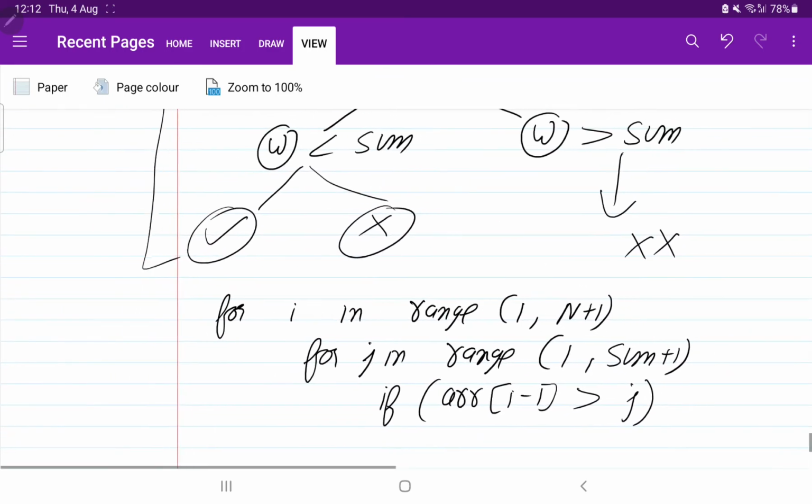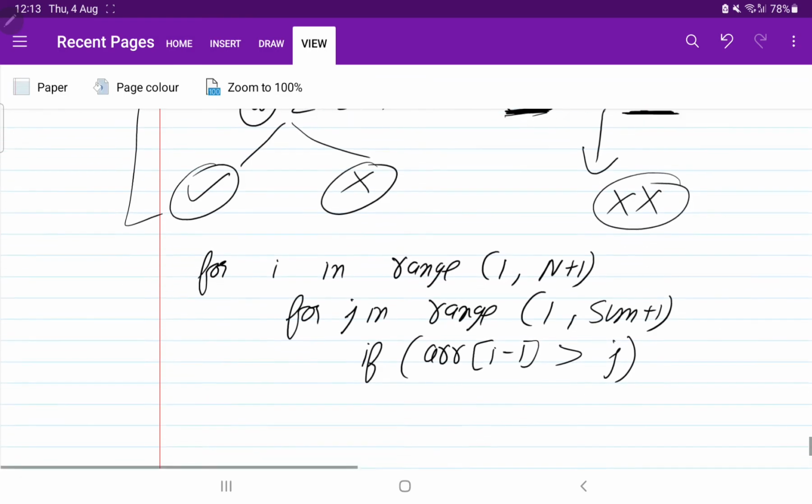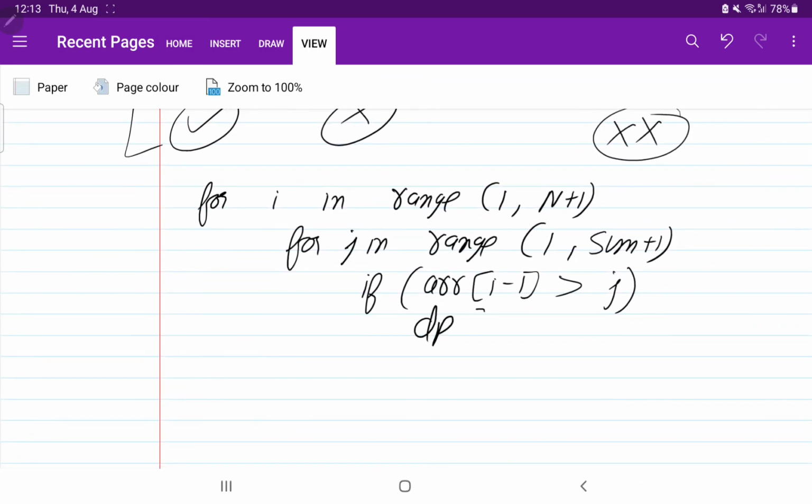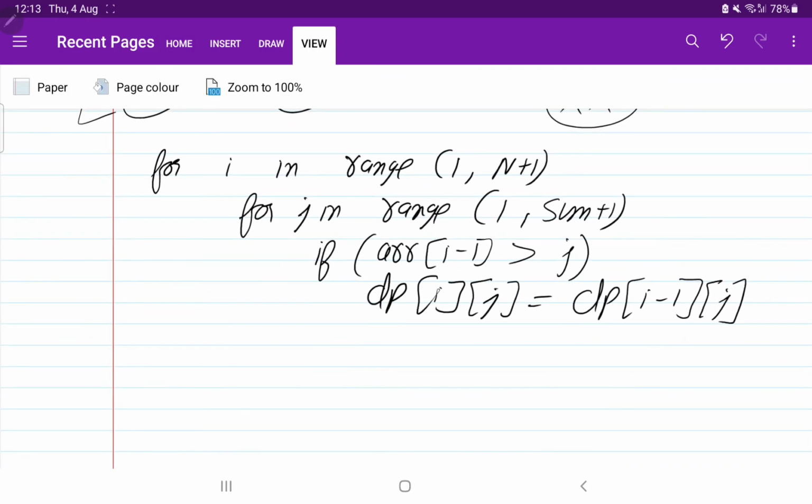In this case, if the element of the array, w, is greater than the sum, then we are not going to take it. It means dp of i comma j will be equal to dp of i minus 1 comma j. If you have doubt how I have written this logic, please watch my last video.